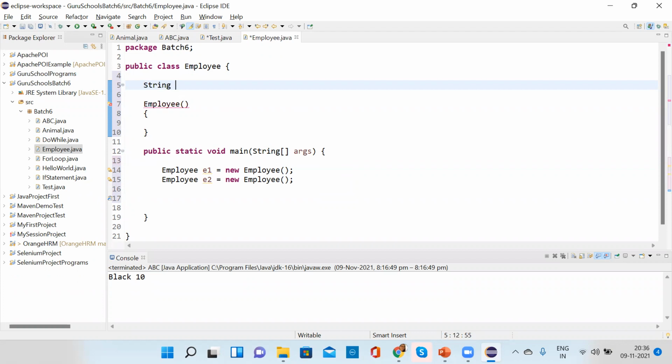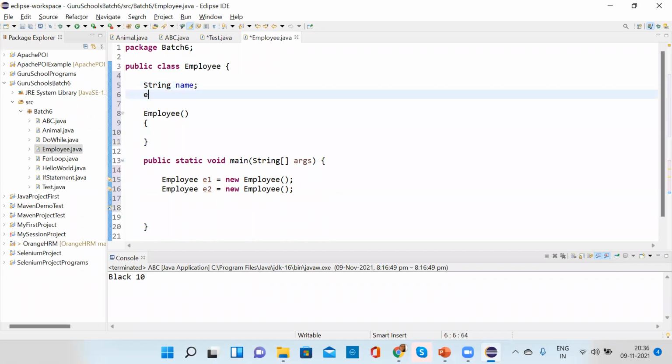String as name, and integer as employee ID. You gave employee underscore ID, is that the ideal way? No, not like that.